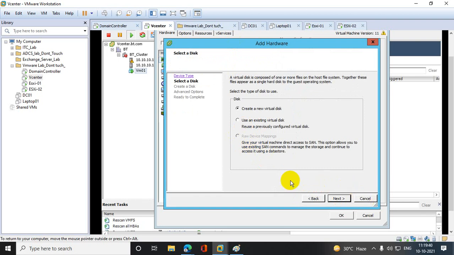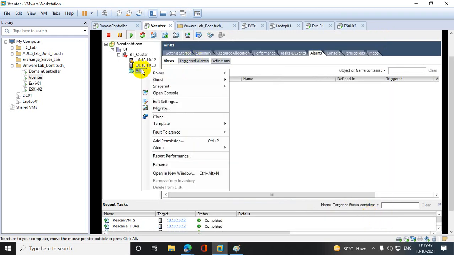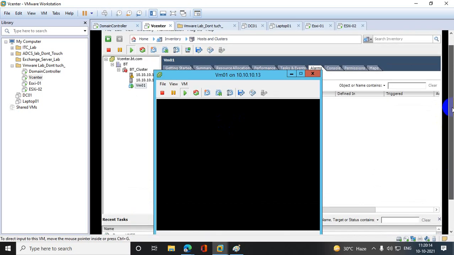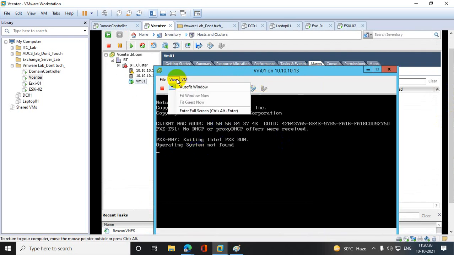It is a license issue. So generally in that case we have to select these options. Okay, let's do one thing. Is VMware Tools installed on this machine or not? Let's check that part. Might be VMware Tools is not there. Let's install VMware Tools, then I'll show you. VMware Tools is not there.